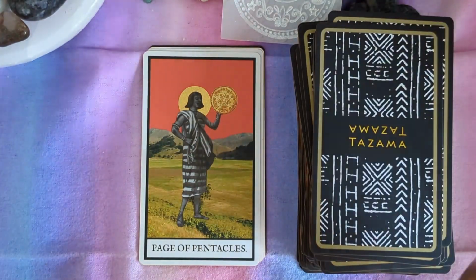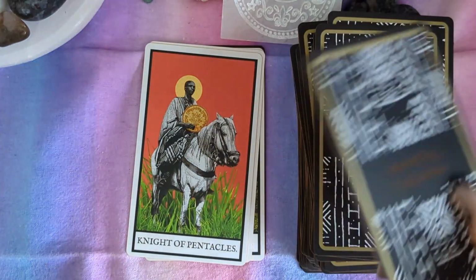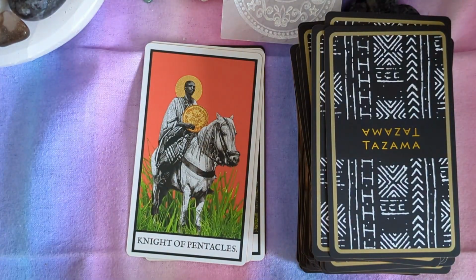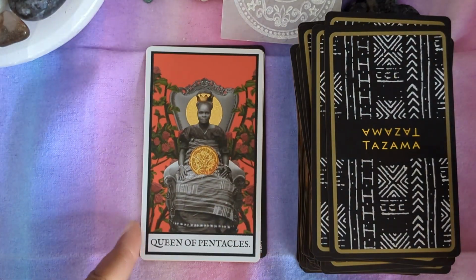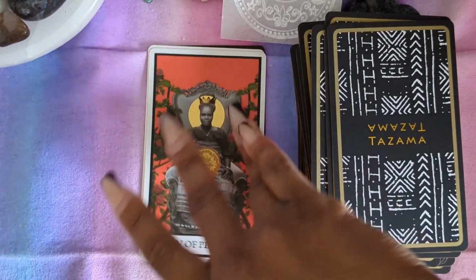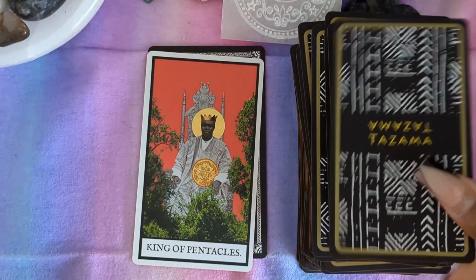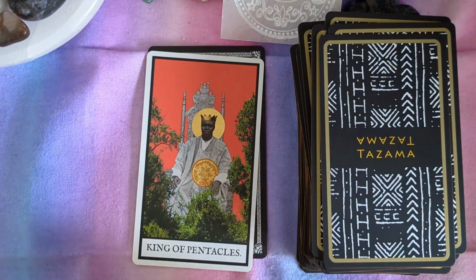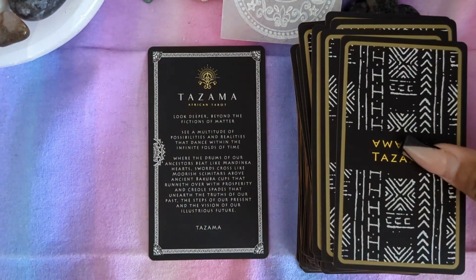The Page. A Knight of Pentacles. The Queen of Pentacles. And the King of Pentacles. And one last card,